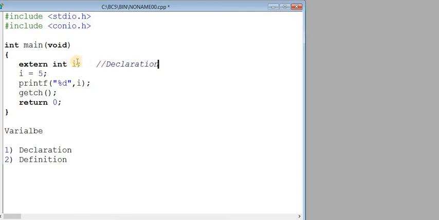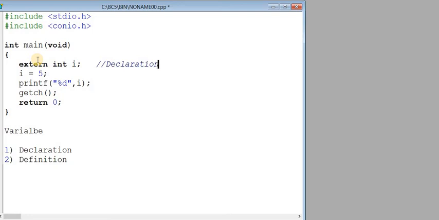So no int type variable I is created in memory, no memory is occupied, no memory is given to the variable. I is not occupying any number of bytes in memory, it's just a declaration. And what is the meaning of this declaration? The declaration specifies I is a variable, the data type is int and the storage class is external. That means in this statement we are giving information to the compiler that we are trying to create a variable I with data type integer and which relates to the external storage class.